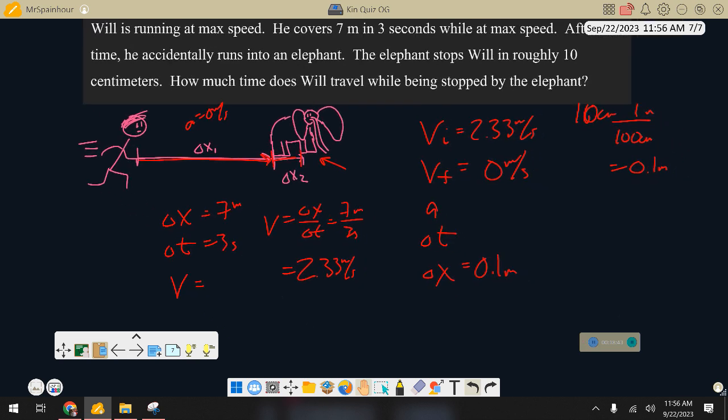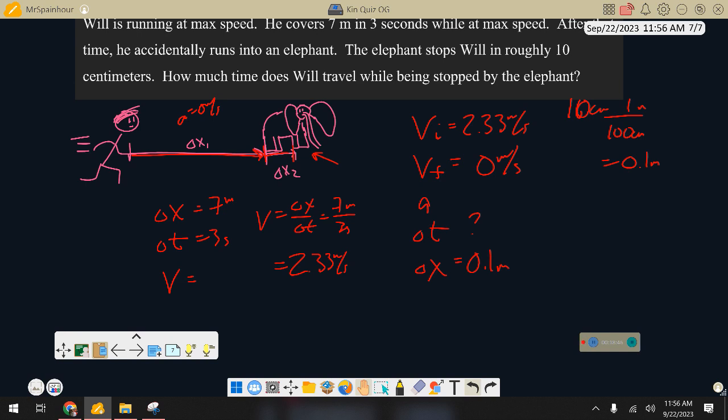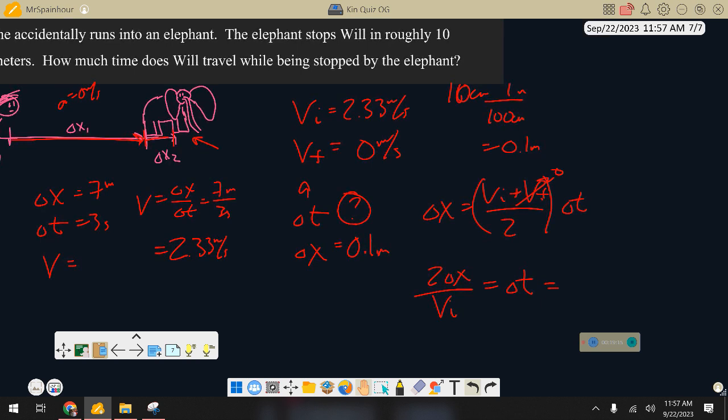Now, you can do this in 2 ways. We want to get time. I'm just going to go straight to it. The other thing you could do is go get acceleration, which is fine if you want to. It's negative 27 and change, but it's definitely going to be easier for me to just go get this one. So to do that, I'm going to plug this equation in here. I'm going to cancel what cancels, which is VF. I'm going to multiply 2 on both sides. I'm going to divide VI, because it's the only thing multiplying over there. That gives me delta T. 2 times 0.1 meter over 2.33 meters per second gives me 0.086